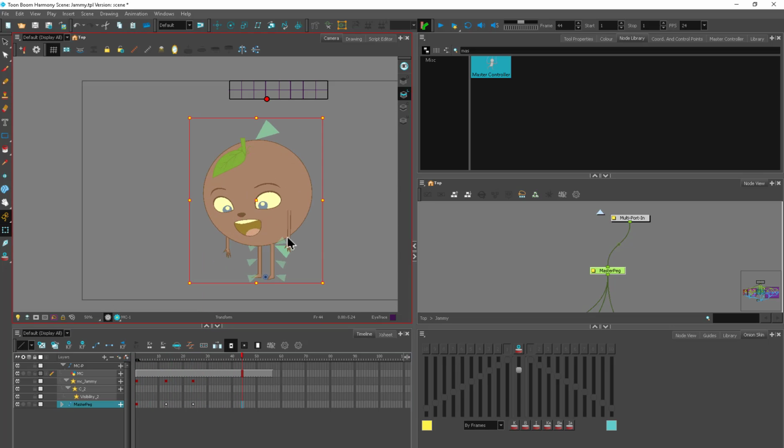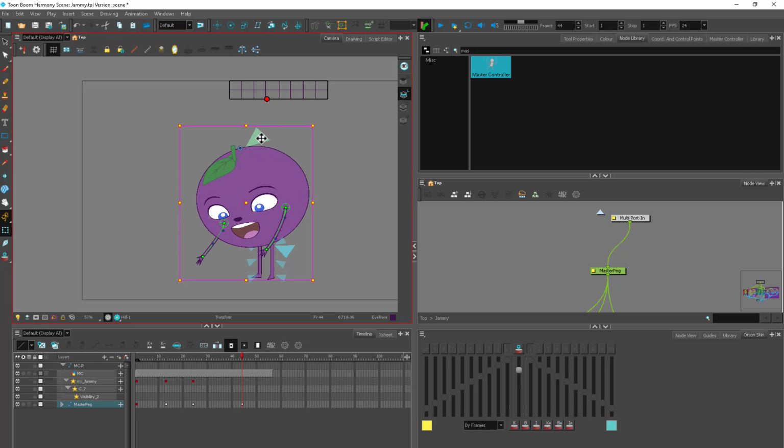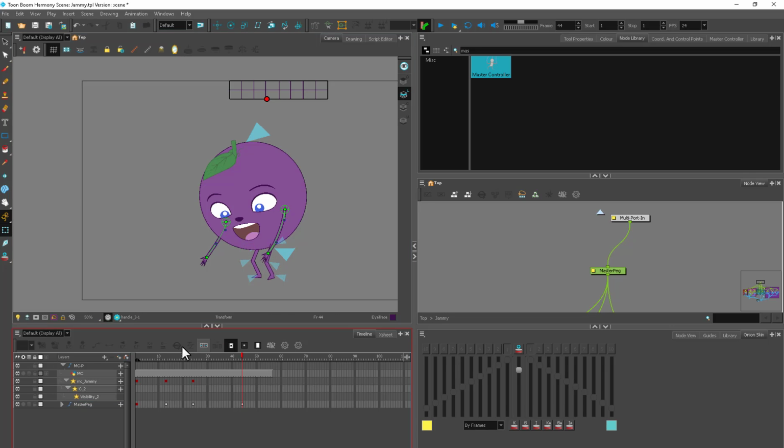So one thing to keep in mind, if I now adjust my pose, maybe Jammy wants to get something off the ground. Jammy's like, oh, I found a thing. We squish down a little bit. We put in some little bent knees because Jammy needs to...